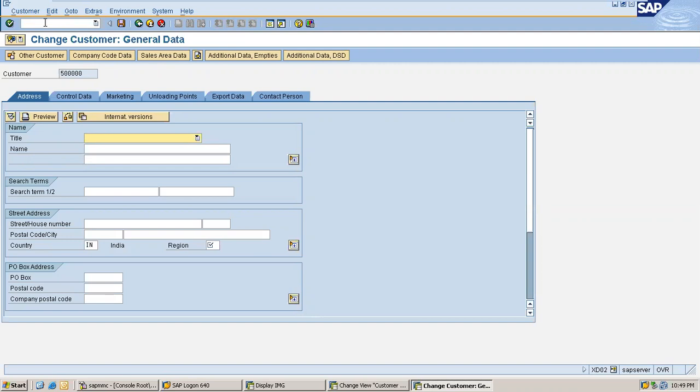You can mark a field for suppress if you don't want to display it in the customer master. If you mark it as optional, then that is an optional field, you can enter or leave it blank. If you mark it as required, then you have to enter it. If you mark it as display, it only displays, you cannot change the value. And the other use of account group is, you can remove a tab from displaying in the customer master by suppressing all the fields available in that particular tab in the account group. So these are the uses of account group.